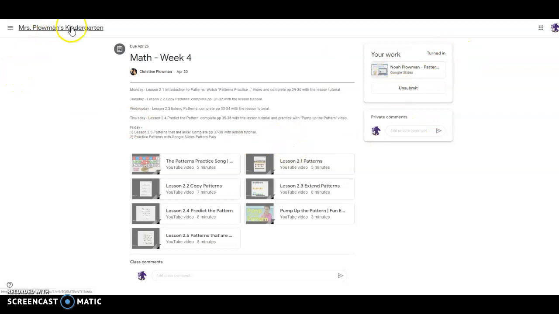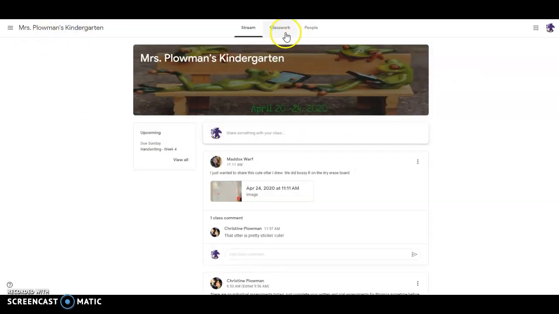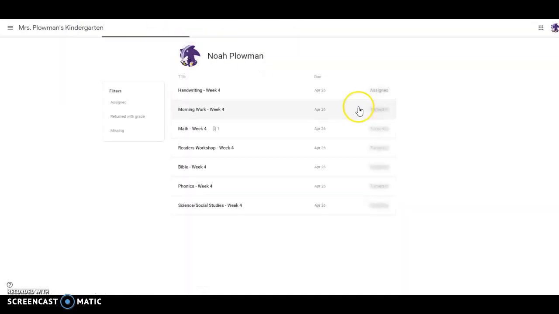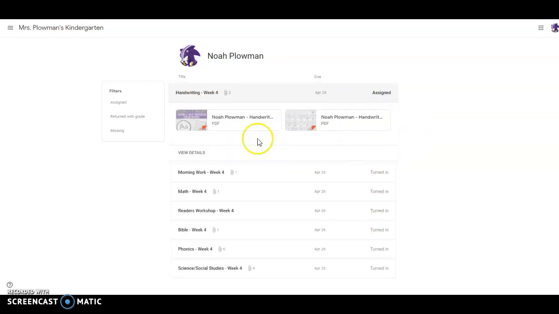Another thing I can do if I need to double check on my work is I can go into classwork, and up here on the left it has this little picture and it says view your work. If you click on that, it'll tell you everything that you've turned in and everything that you haven't turned in. So Noah hasn't turned in his homework yet, so he would need to go in and just open up the homework assignment and